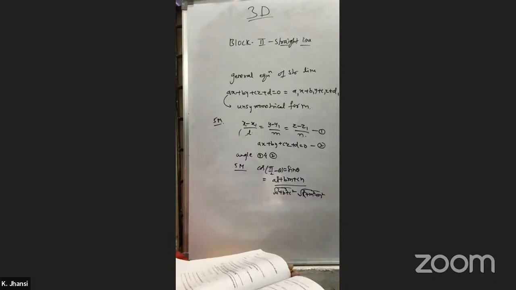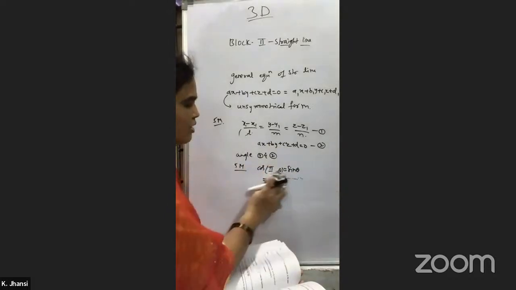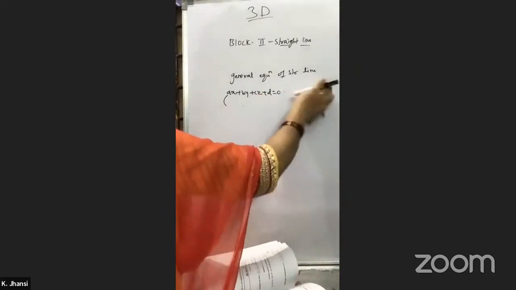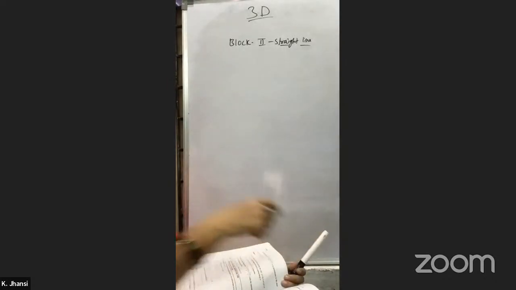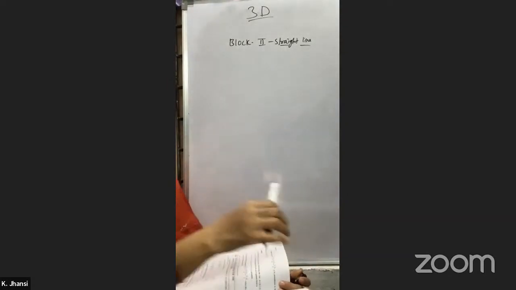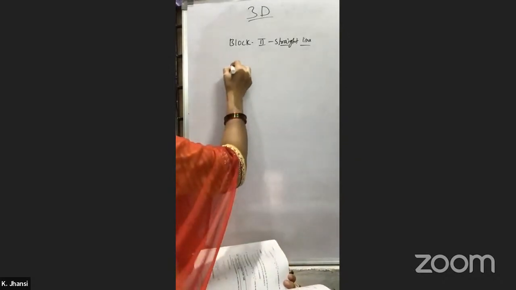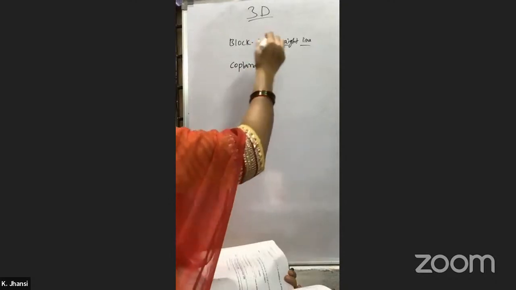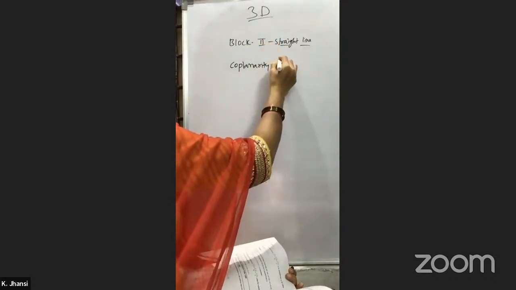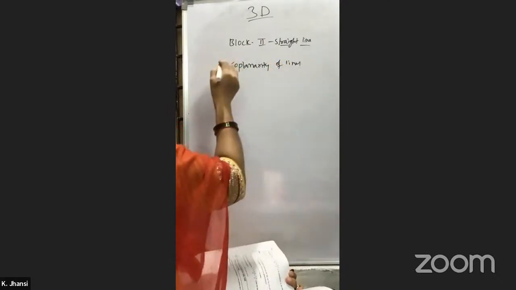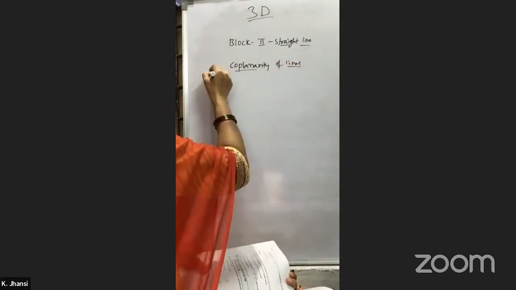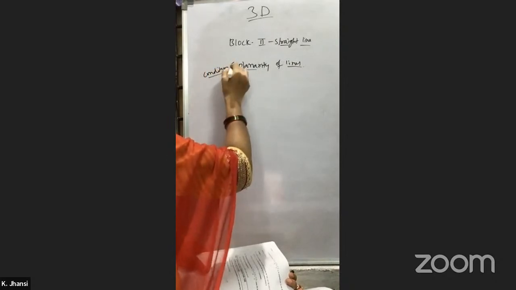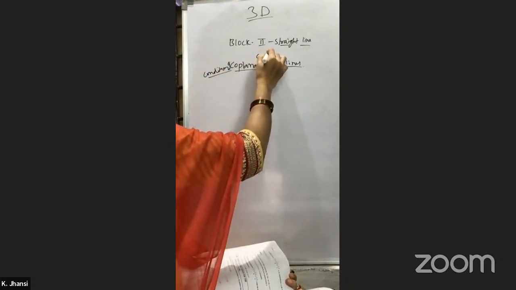Next main important topic, that is a 10 marks question in this unit, is about the coplanarity of the lines. This is the main important one. Coplanarity. The condition of coplanarity, we can call coplanarity of lines. A condition will be there. What is the condition means, you should know the formula. Coplanar lines means,